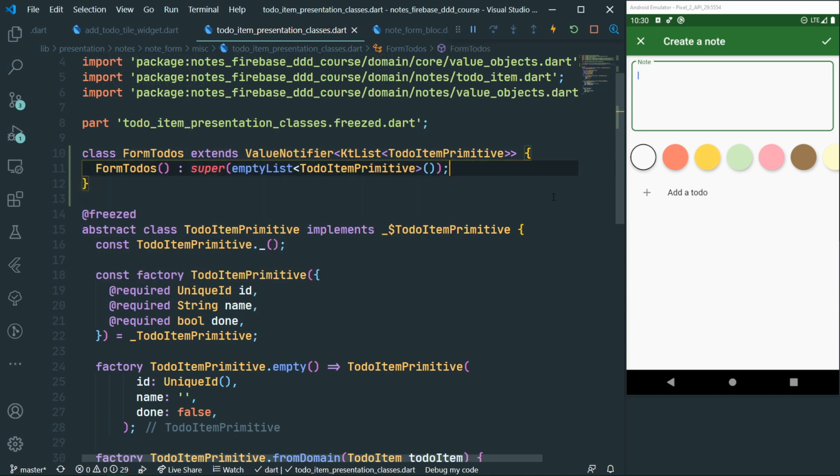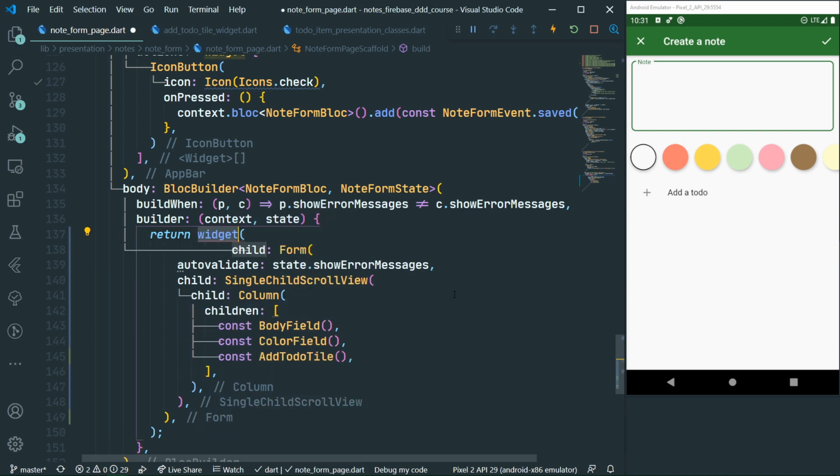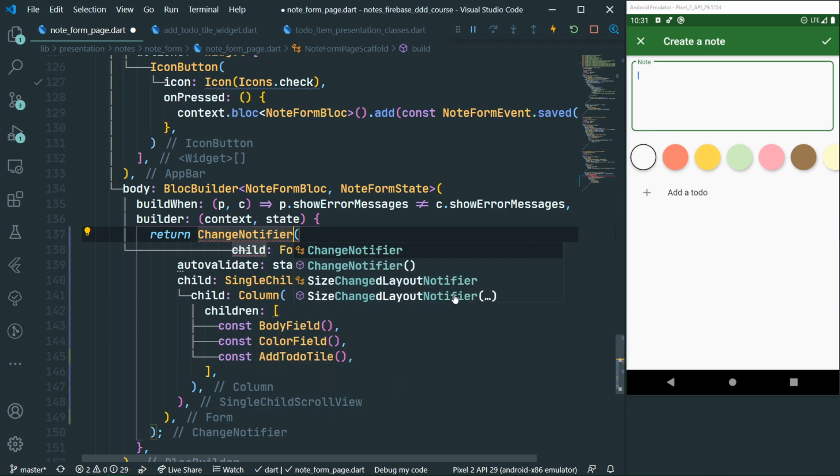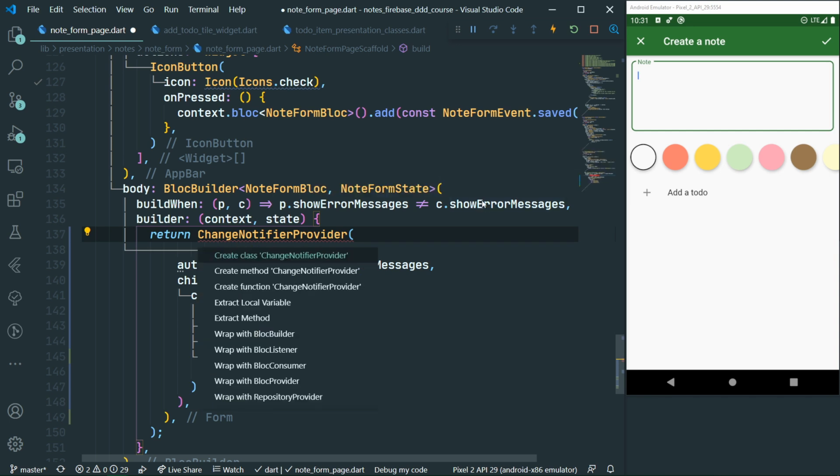is created. Now we want to have this value notifier be available throughout the widget tree which needs to use it. So because of that, we are going to go to the node form page, and right above the form, we are going to have a widget change notifier provider. So let's import provider if we can, and we cannot do that, which is